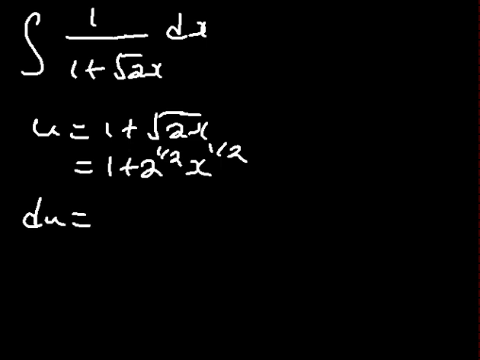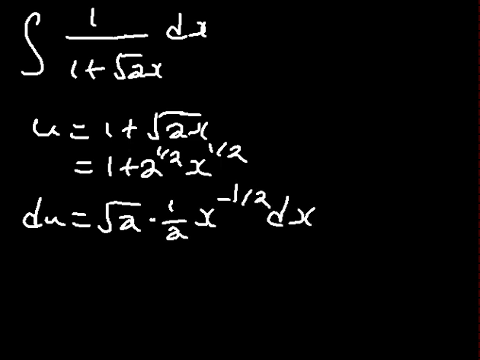We'll have the square root of 2, because the 2 is a constant multiple, then we differentiate the x, and we'll have half x to the power negative half in that dx there,